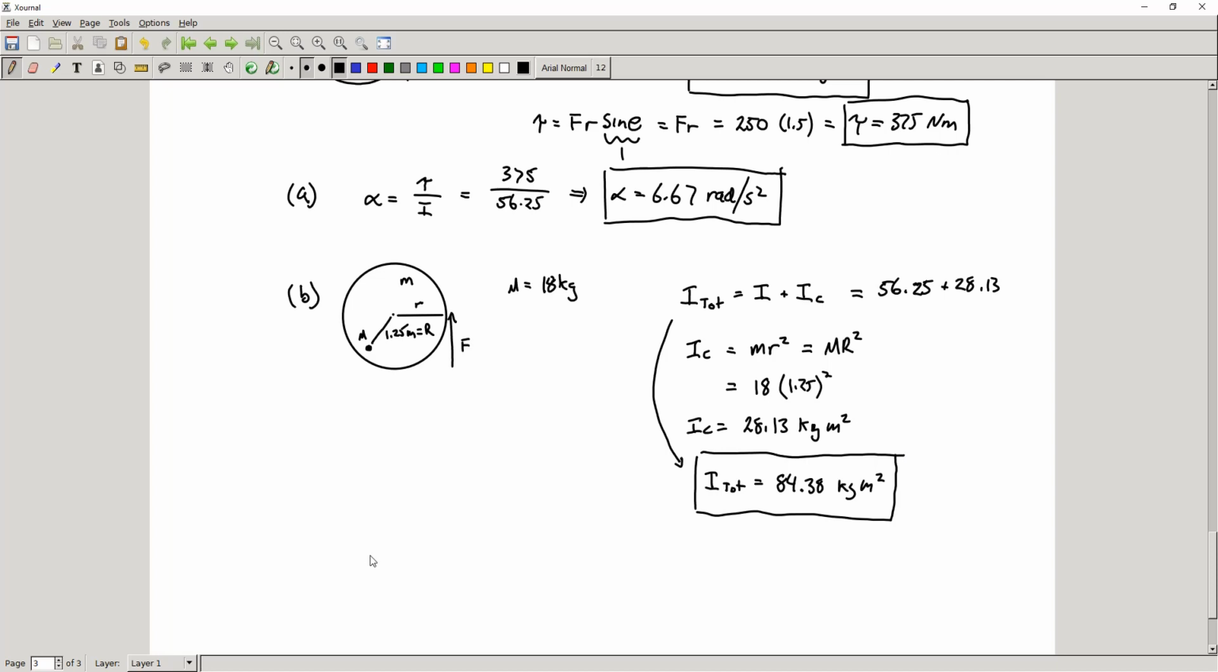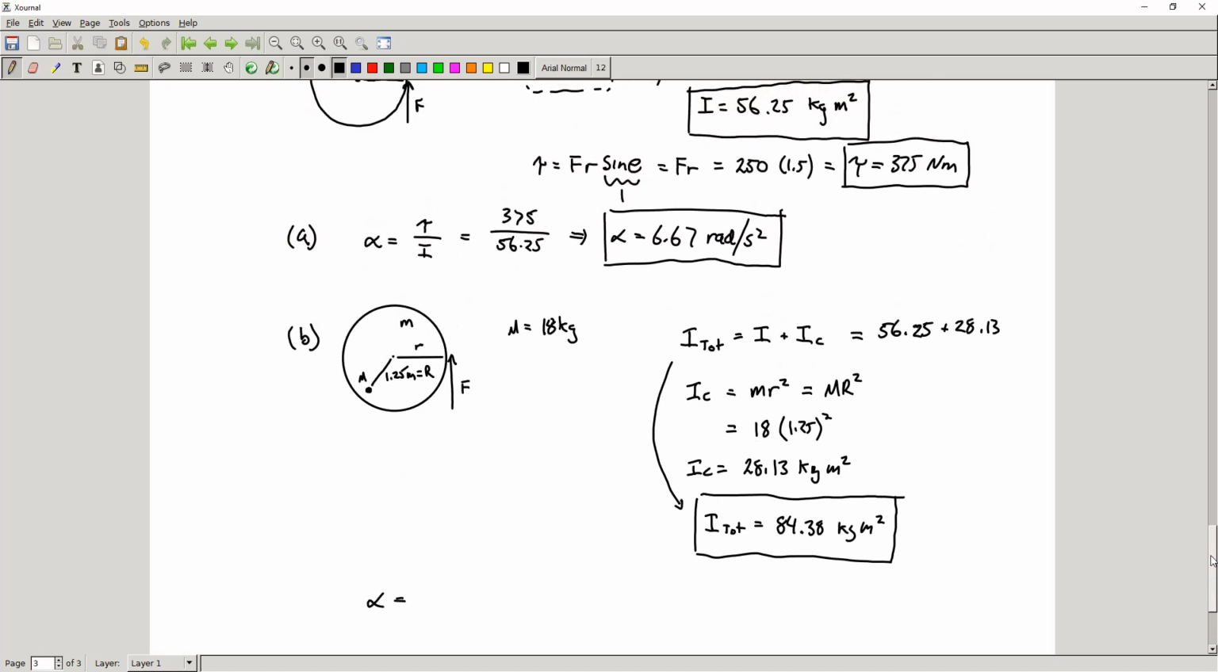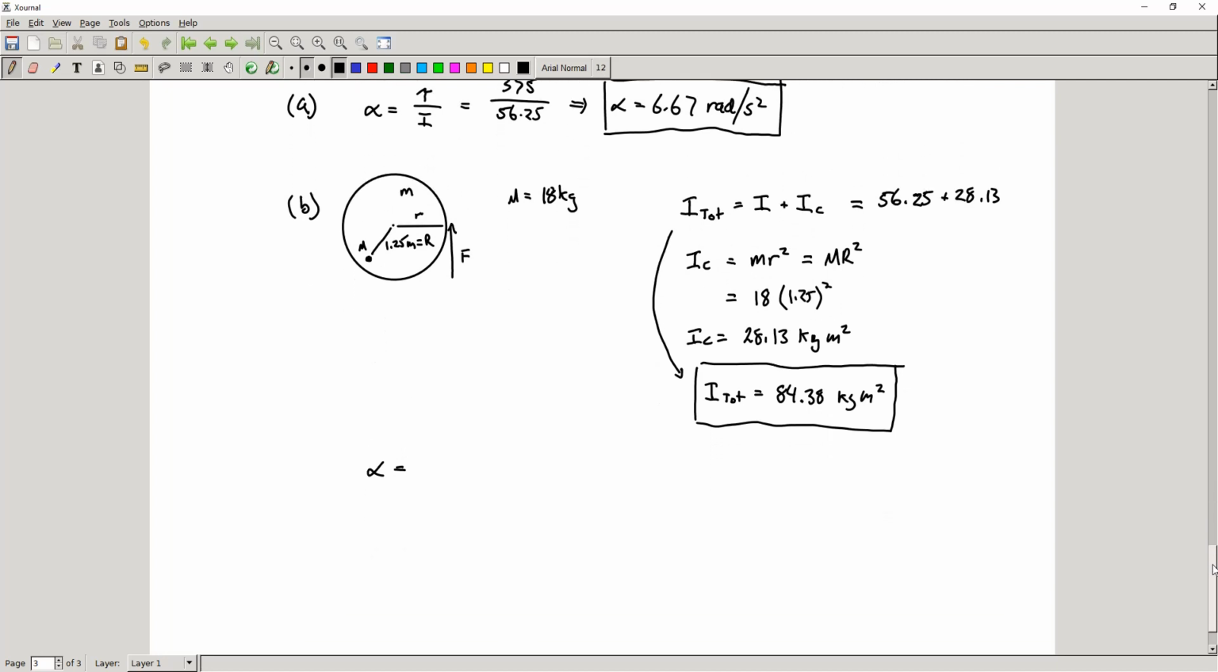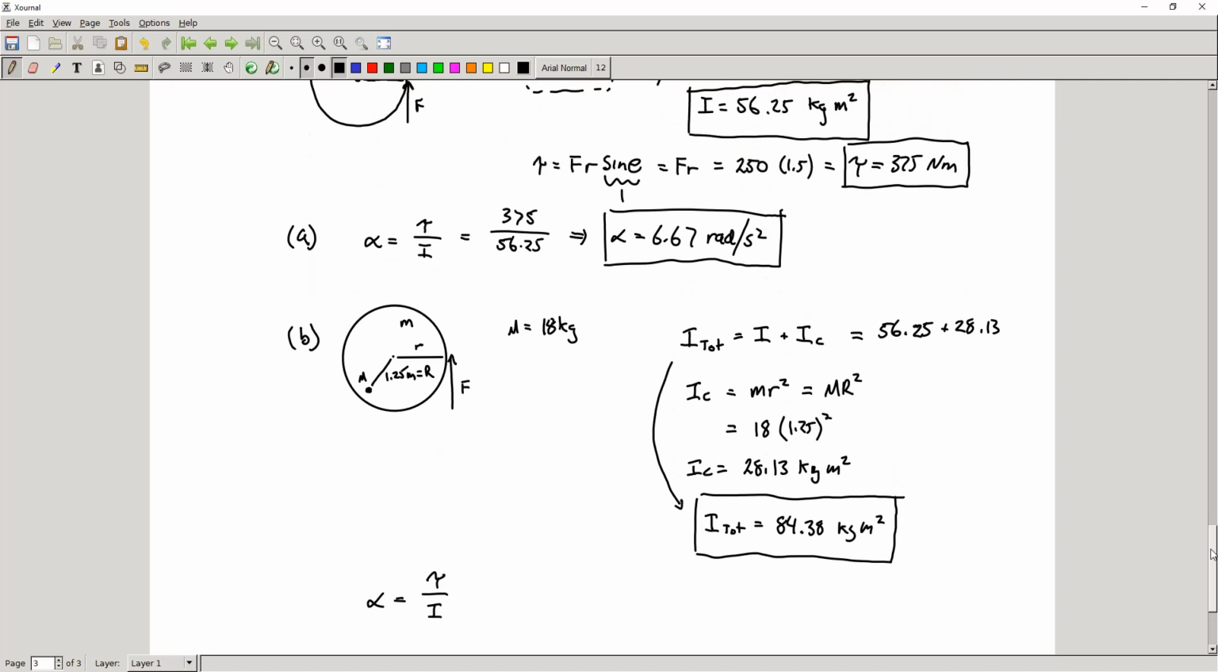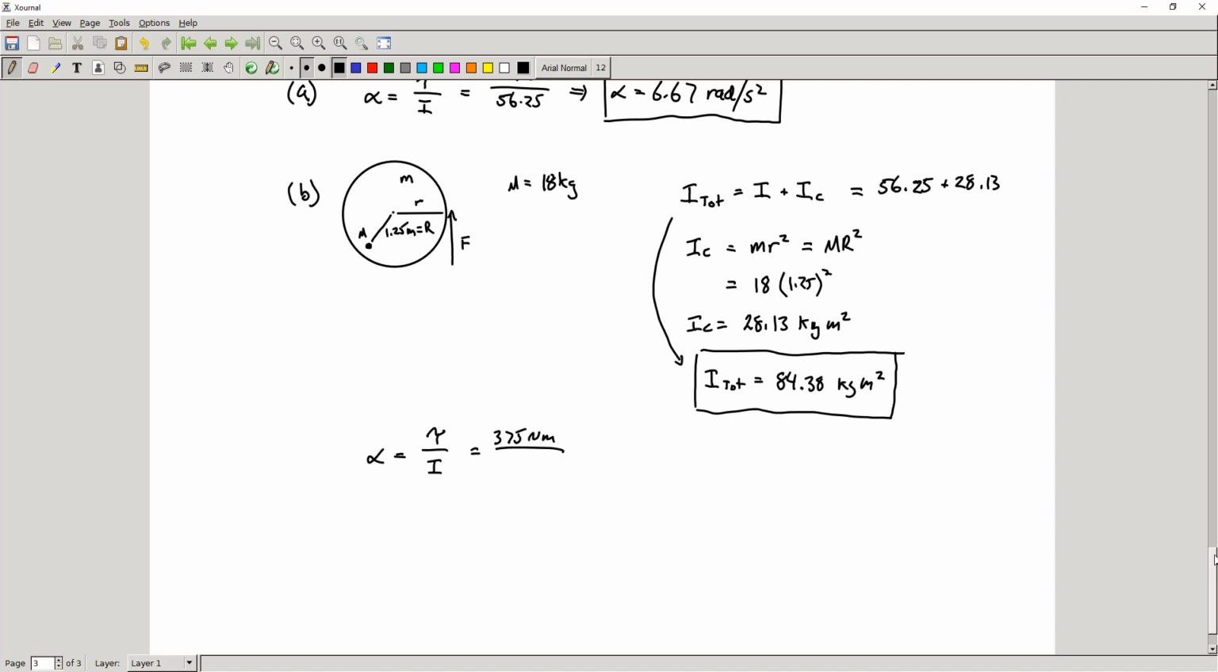So we can go right back. Let me scroll down here a little bit. We can go right back to the equation that we had just above here. So alpha equals tau over I, right? And we can simply substitute in for these values, right? Our tau hasn't changed. This is still 375 newton meters, and our I has changed. So this is now going to be our new value of 84.38